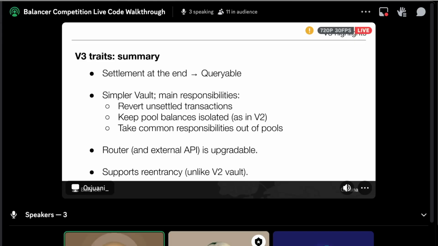And another important thing is that, as I said, Balancer is meant to build on top. So the vault also takes a lot of common responsibilities out of the pools, which makes building pools pretty easy. That pushes some complexity into the vault, and you will see when you go into the code. But we thought it was a fair trade-off because we really wanted to provide a good developer experience in Balancer